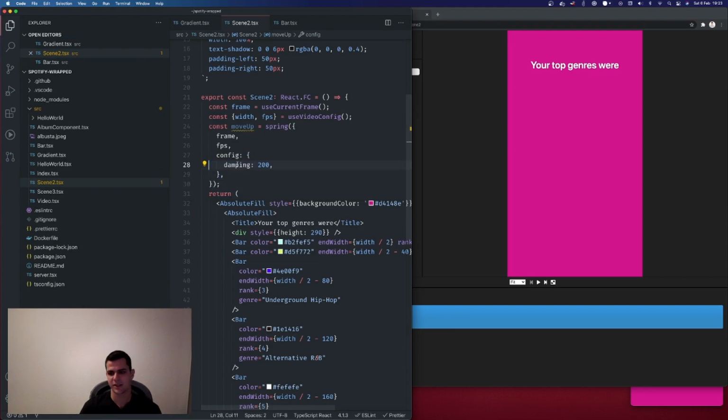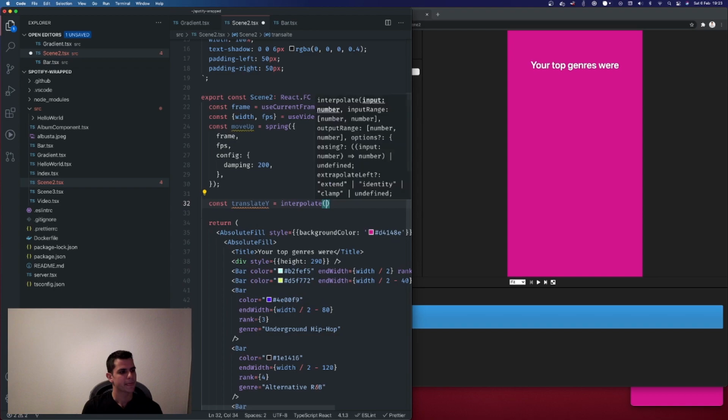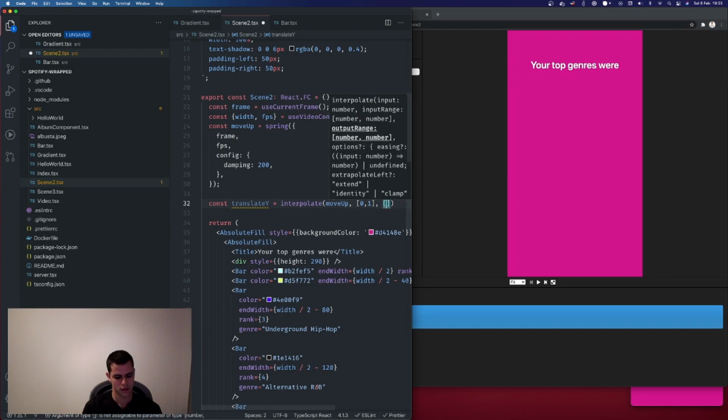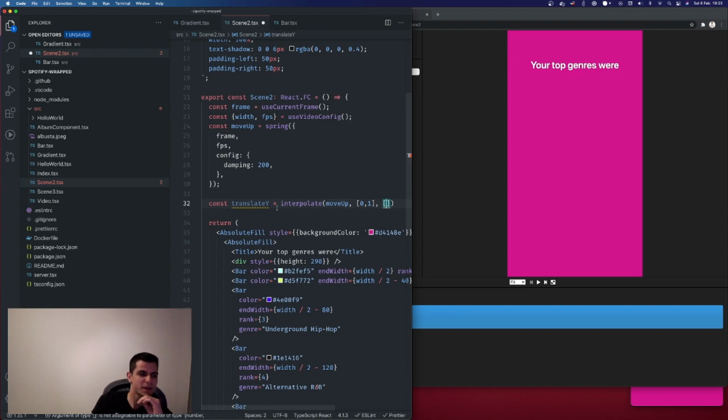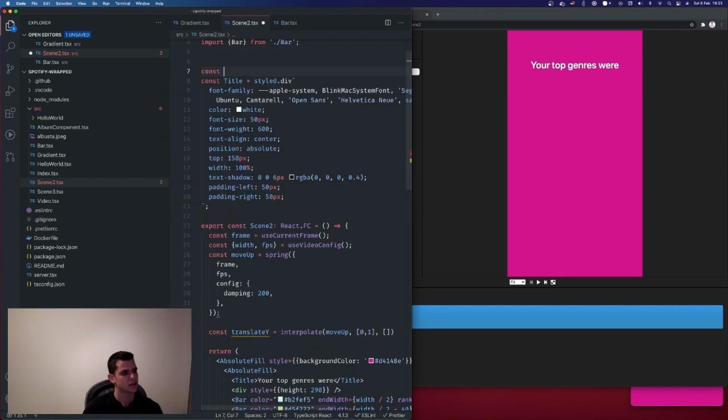Let's use this damping 200 as default spring config for now, even though there's so much you could do. So translate Y, interpolate, move up from... we could calculate this mathematically. So let's say top title 150,